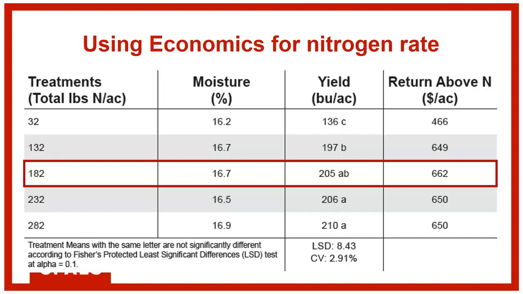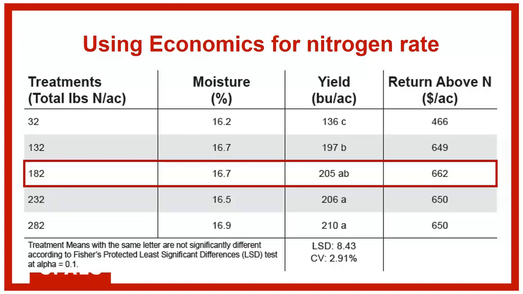So if you go to the eFields book, there's one economic return to investment trial in there that's just straight rates. We didn't change timing or anything in that trial. It started down at 32 pounds, which was put on with the planter, and grew 136 bushel corn. Not that bad on 32 pounds of nitrogen. 132 pounds of nitrogen, 197 bushels. 182 pounds of nitrogen, right there in that economic range that was running from 165-ish to 188,